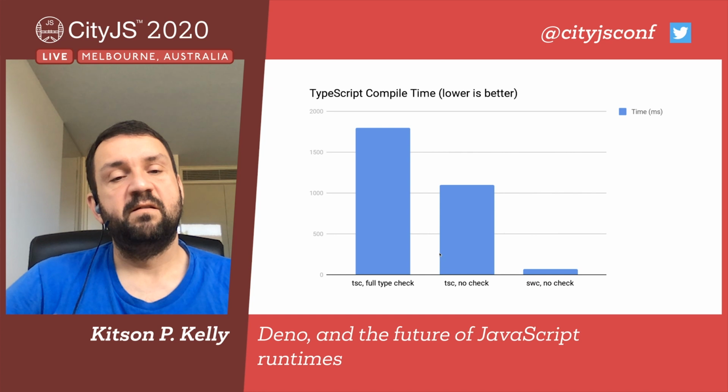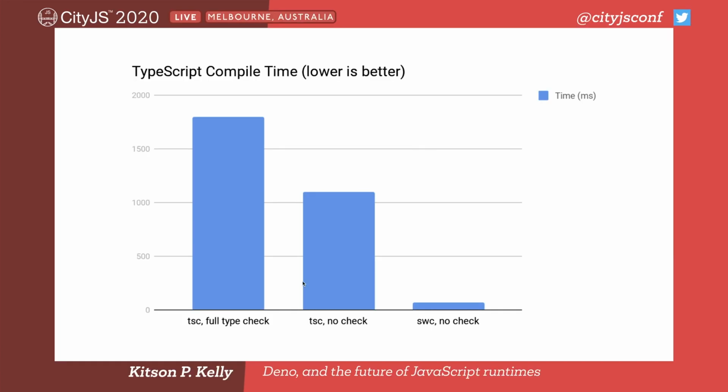So as I said, we have a benchmark for what we gauge the TypeScript compilation. We have a program that's about 20 modules of TypeScript that we run through in our benchmarking to do a full type check. And this is a situation where it's never seen these modules before, so we don't have any incremental build information, which is another way that we try to speed up the compilation. Doing that full type check takes about 1800 milliseconds,